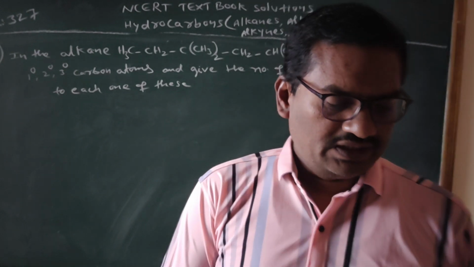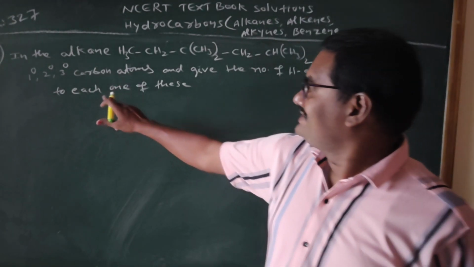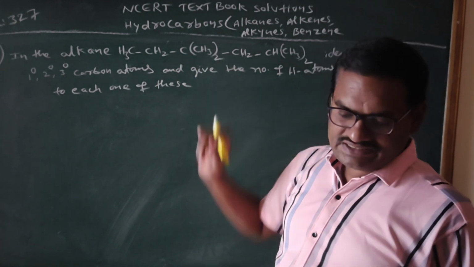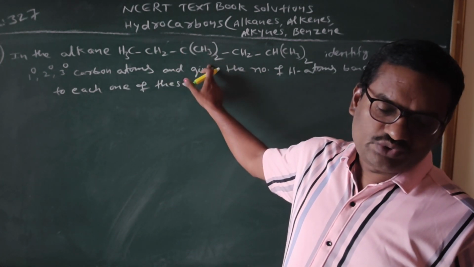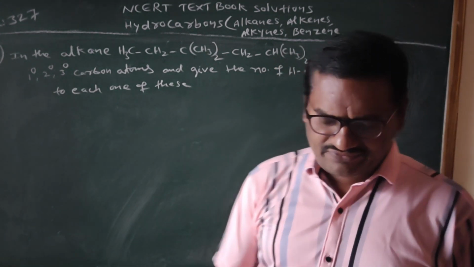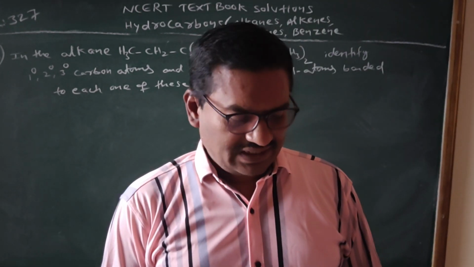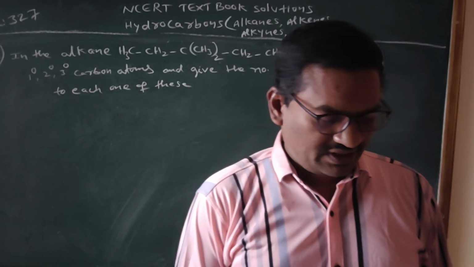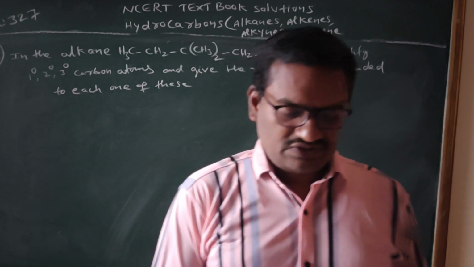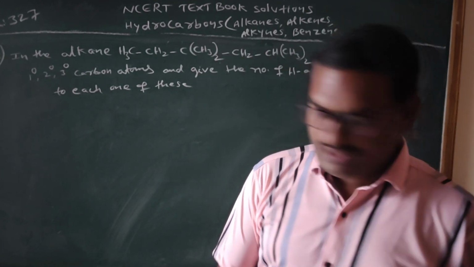9.14. In the alkane CH3, CH2, CH3 twice, CH2, CH3 twice. So identify primary, secondary, tertiary and quaternary carbon atoms and give the number of H atoms bonded to each one of these. So here